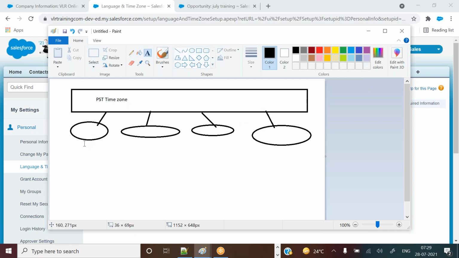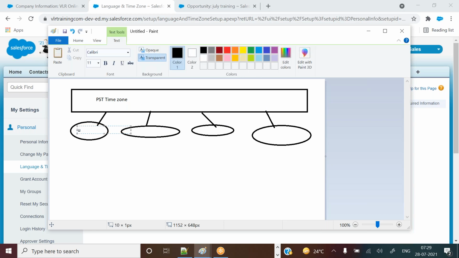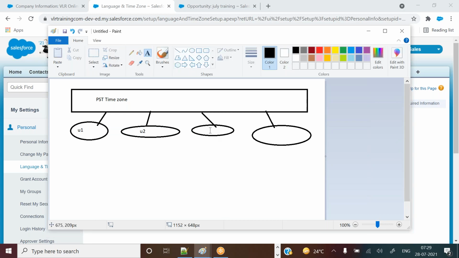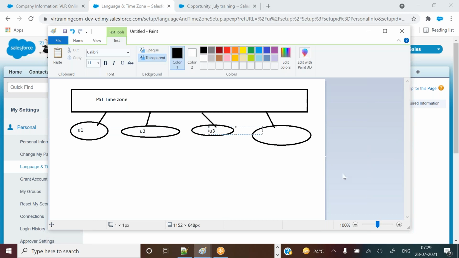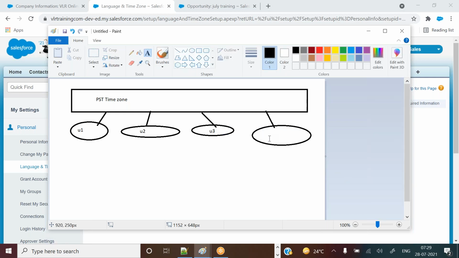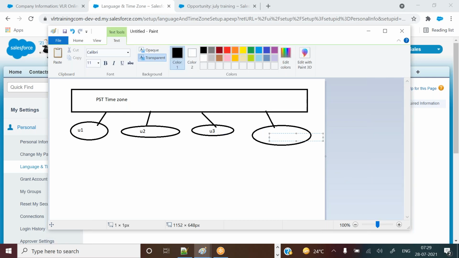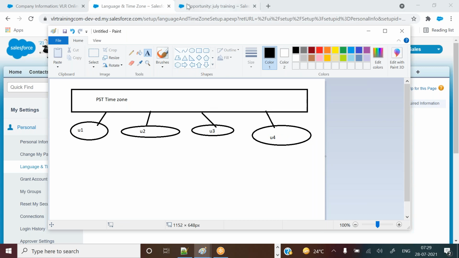User 1, user 2, user 3, whatever users there may be, by default this time zone will apply.